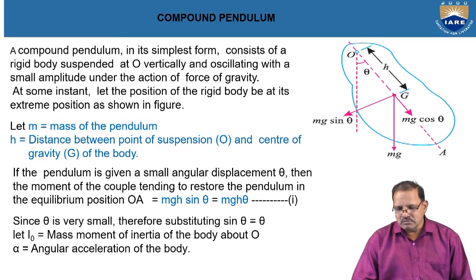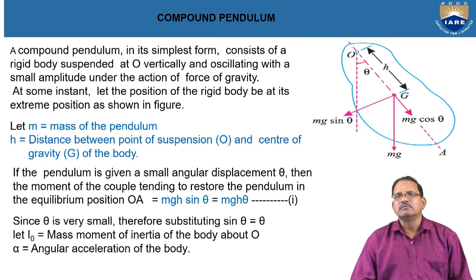Let M be the mass of the pendulum, O is the pivoting point at which the pendulum oscillates or is suspended vertically in downward direction. H is the distance between the pivoting point and the center of gravity of the pendulum. If the pendulum is given a small angular displacement theta from the vertical position or the axis of the pendulum, then the moment of the couple tending to restore the pendulum to equilibrium position is given by